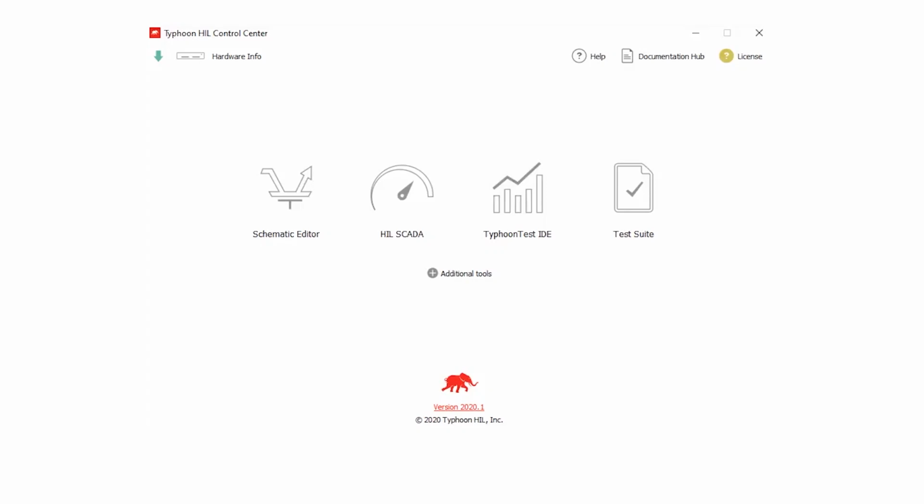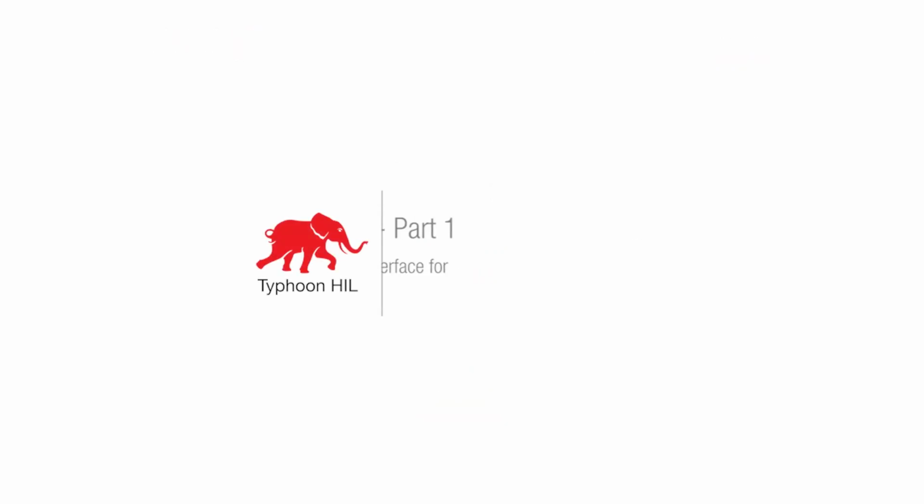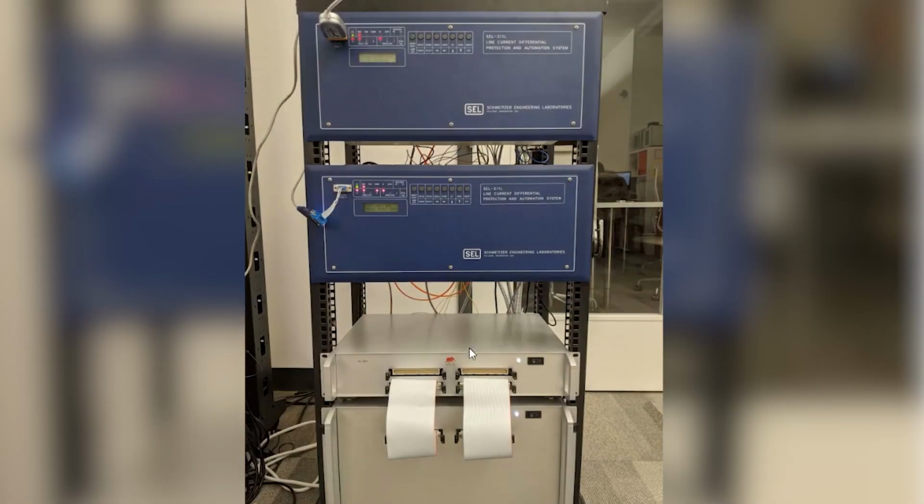Hello, today we're going to talk about preparing an interface for an SEL311L. We're also going to showcase a simulation with two of those devices connected to a real-time simulator from Typhoon HIL. So we have these two SEL311Ls, they're connected to our HIL 604